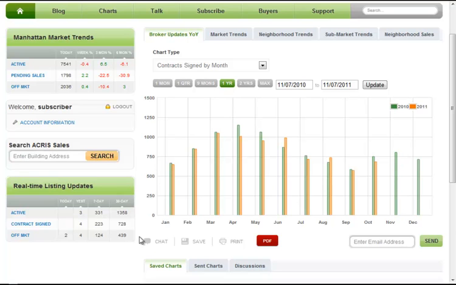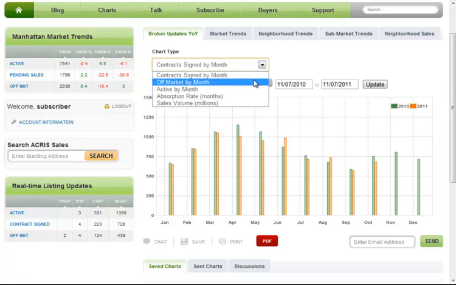So this is a very interesting tool, how the real-time market ticker is tied in to the first tab of our chart section, which is called Broker Updates Year Over Year, and it's basically monthly contracts signed, monthly off market, monthly active, and all these links take you to those subsequent bar charts very simply. So I always start my focus on Urban Digs right here, take a look at how the contracts are doing today, how the new listings are doing today, take a quick look at the yesterday totals, and then I look at the 30-day numbers, and I'll know it's ticking up. And if I'm still not sure, I'll click the contract sign link, I'll go to the chart,